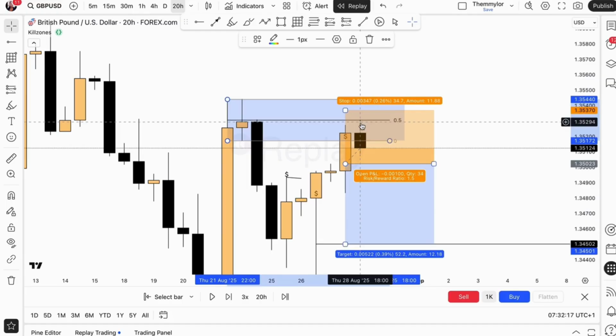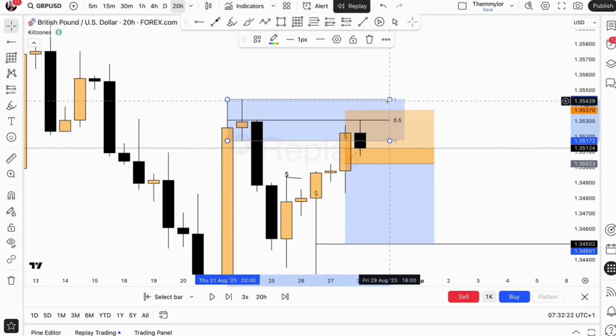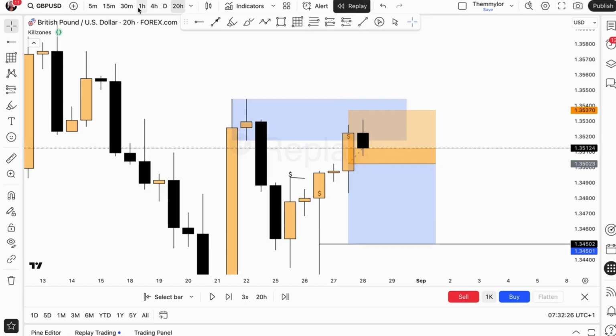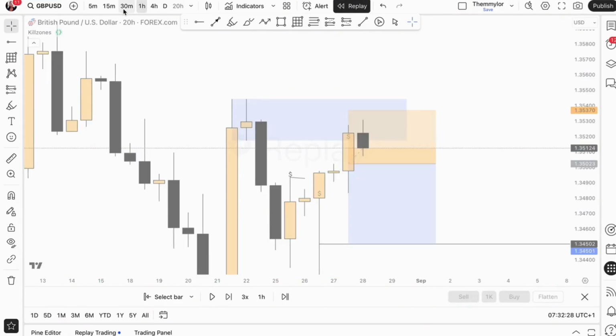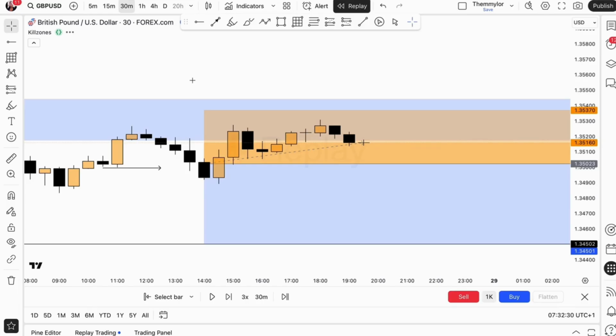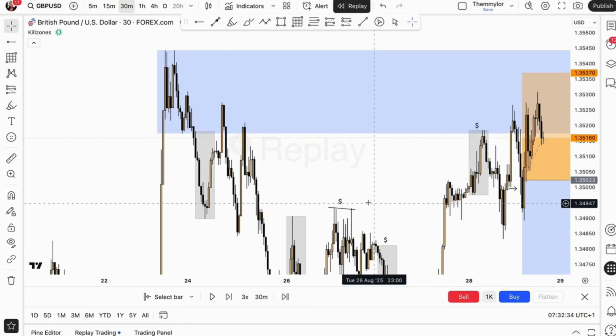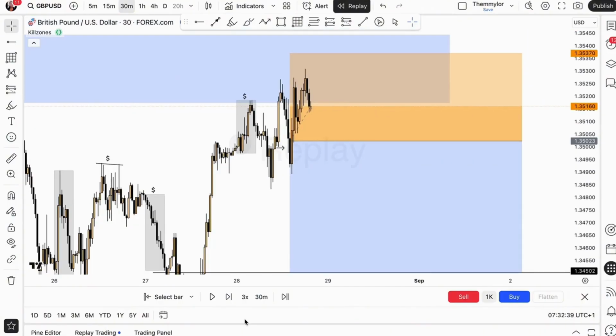Can you see that right there? Price came up to mitigate this 50%. So at this point, when I saw this, I didn't bother again about this trade. I knew we are going to sell, so I just decided to leave the trade open and allow the trade to run. Right there, price was just distributing around this point